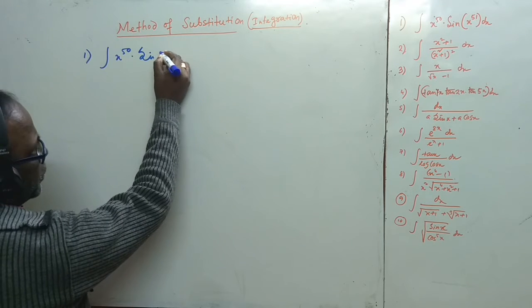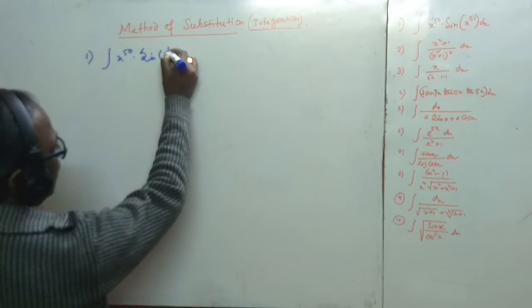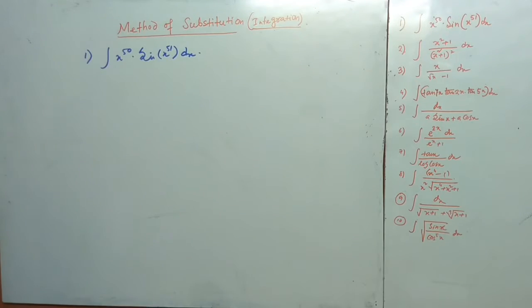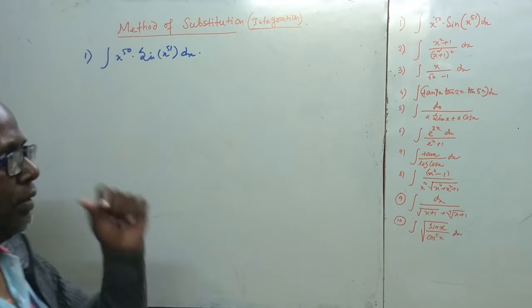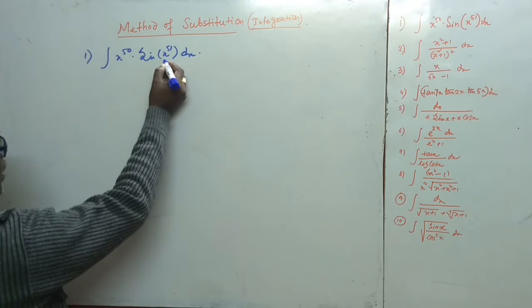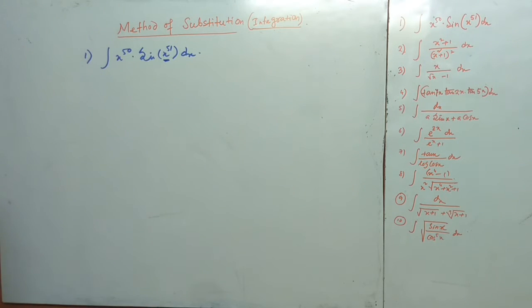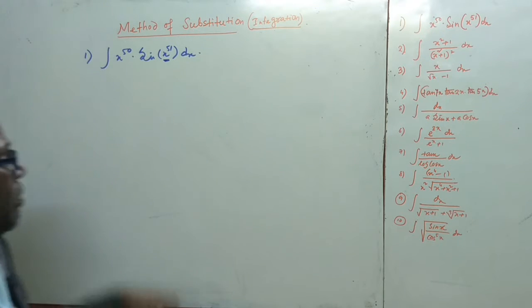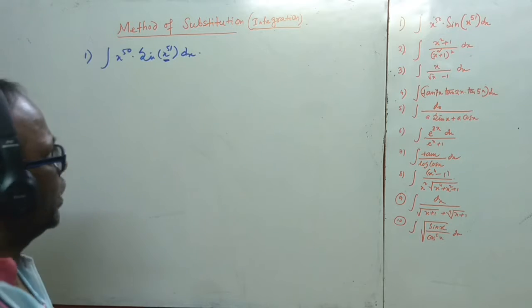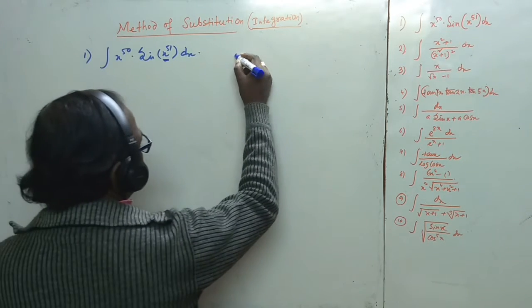The method of substitution is here. You should follow, let us assume some variable like u. See that if we let x to the power 51, the derivative of x to the power 51 is 51 into x to the power 50. So that's why let us assume